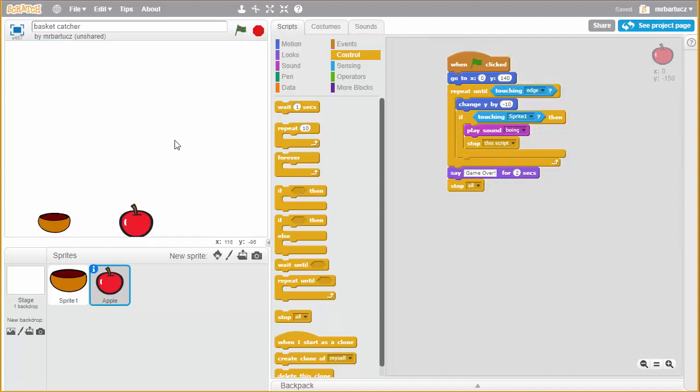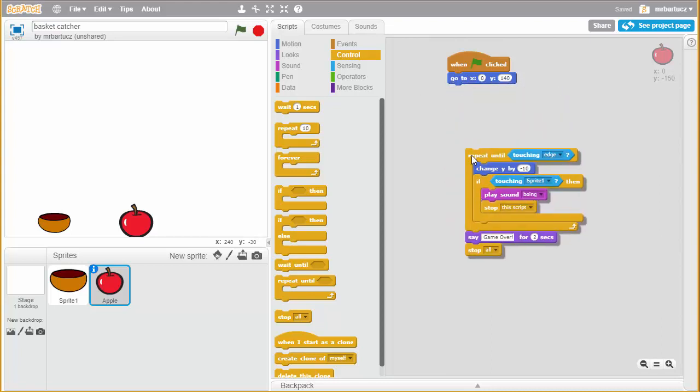So what we want to do though is have more apples coming down, so you have to kind of run around and catch them. And the best way to do this is not to have lots of sprites, but to use something called clones. So the first thing that we're going to do is we are going to split this out,